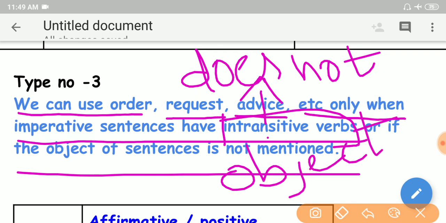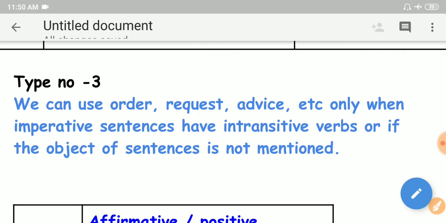So, for example, he goes there. Where does he go? It does not answer the question who or what. That's why that is an imperative sentence. So here type number 3 is used. We can use order, request, advise only when imperative sentences have